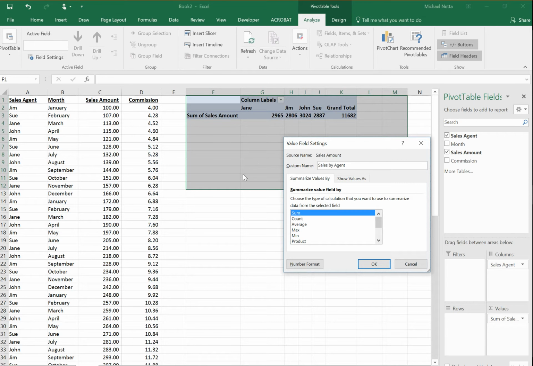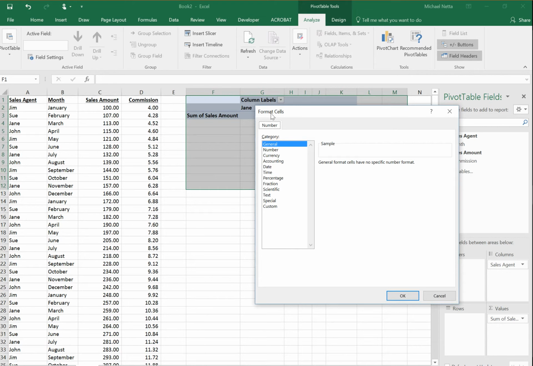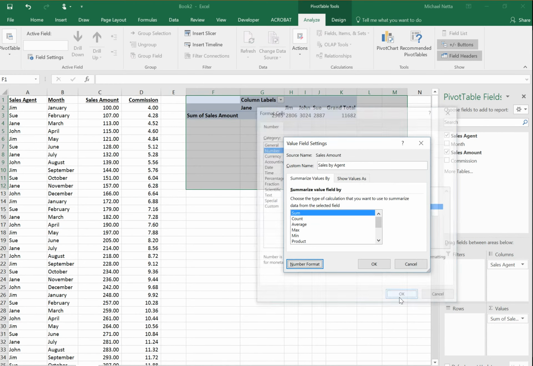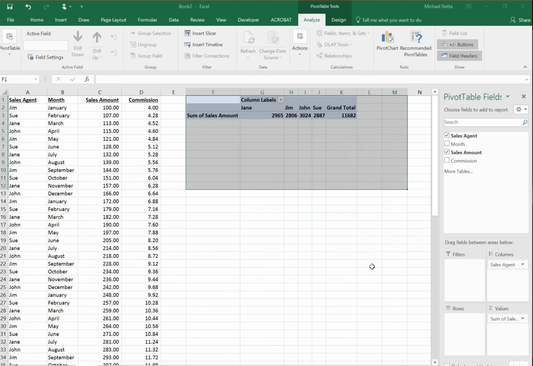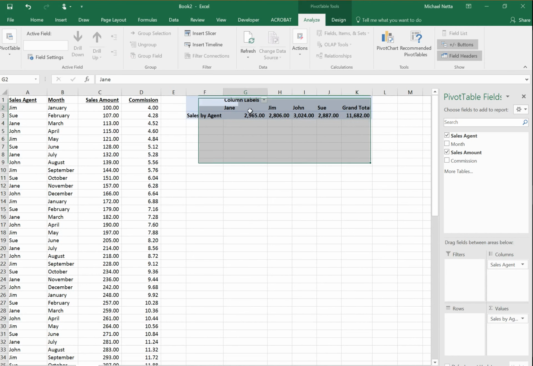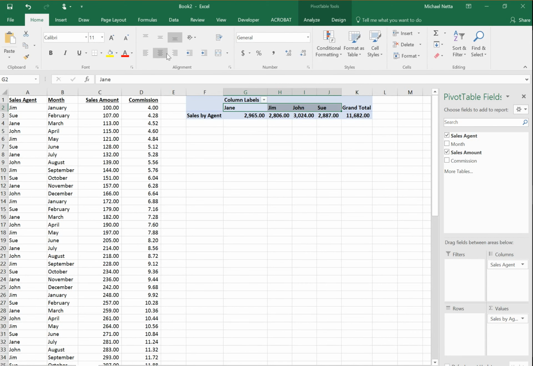And then you could also format the numbers by clicking on this number format and formatting like you would any normal cell. So let's leave it as a number, red negative with a comma spacer and 2 decimal points. Once we do that, we hit OK. We hit OK again, and you can see that our pivot table has been updated. Sales by agent, our numbers are now formatted. It gives us a grand total. The only thing we would have to do is then just highlight this, go to our home screen, highlight the agent's names,